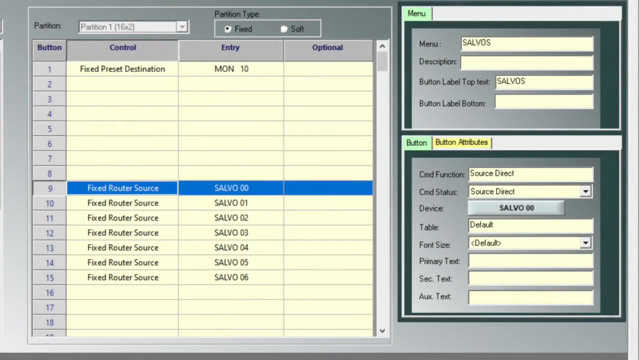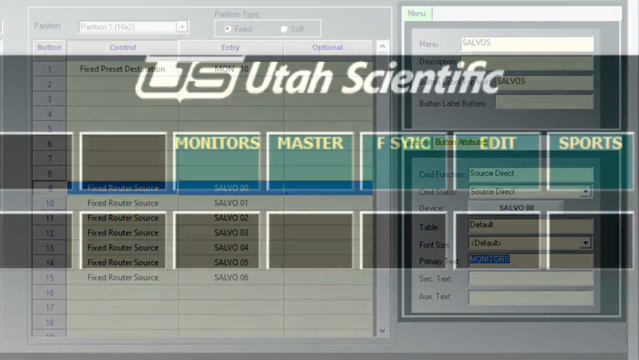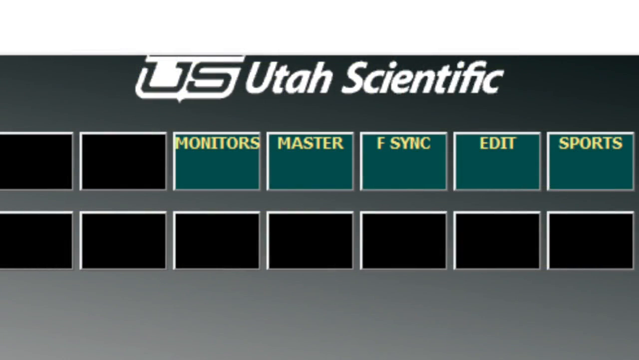Click on each Salvo. To the right of the Salvos, you will see a button menu. There should be a box labeled Primary Text. This is where you will give your Salvo a name that will be displayed on the button in the panel. For example, my Salvo 00 is the Salvo I created to route all my monitors. I will add monitors to the primary text window, and that is the name that will appear on the button